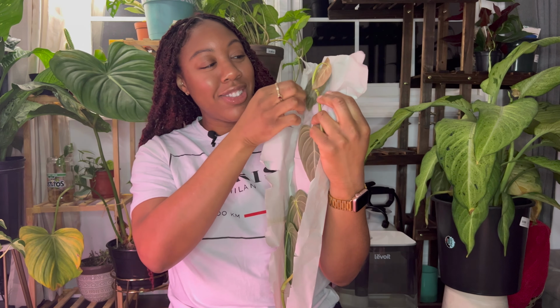Oh, see, but then this leaf gotta come off anyways. We're gonna pull this leaf off. Oh, we can't, okay. Let me clean my scissors. Let me not be lazy. Let me clean my scissors before I cut this bottom leaf off so that I can stick it in here. I'm just gonna cut off this bottom leaf so that it can fit. Most likely,